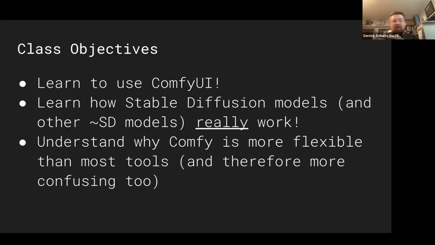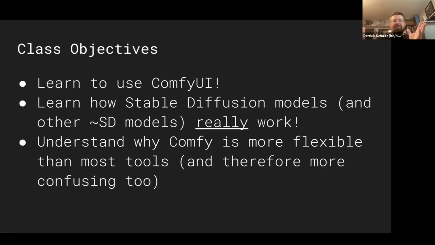And the big thing I want people to understand is that Comfy is this massive ecosystem. It's growing every day. There are new nodes and new people playing with it. That creates a really cool flexibility that allows you to work in any way you want. But the biggest downside I've found with Comfy is how poorly documented it is, because it moves so fast, and everyone works in a slightly different way.